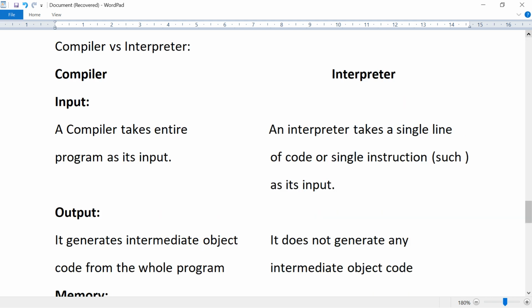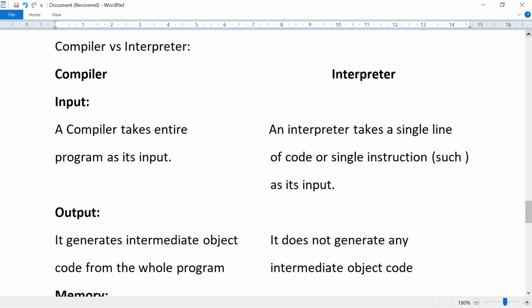Now let's come to the difference between compiler and interpreter, both translator software. Input: a compiler takes an entire program as its input.